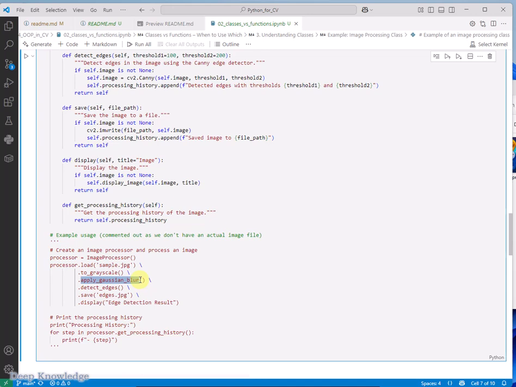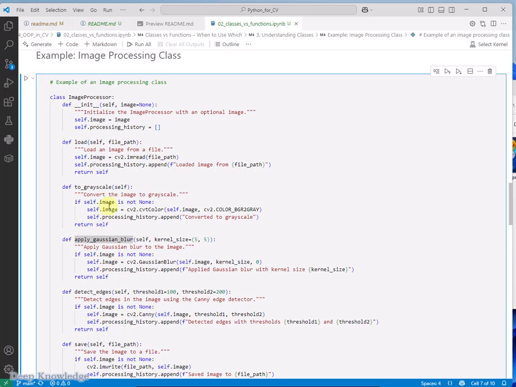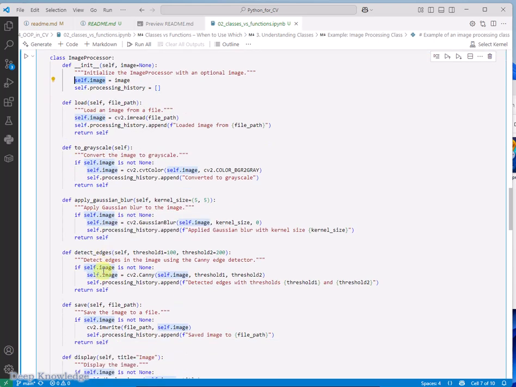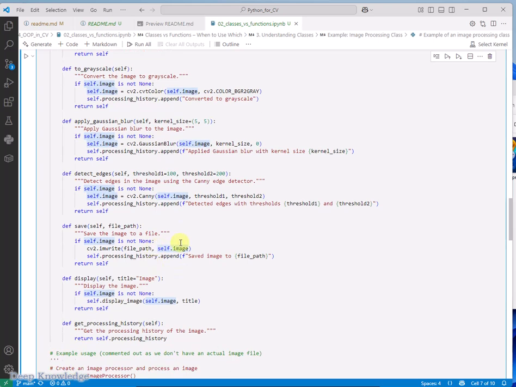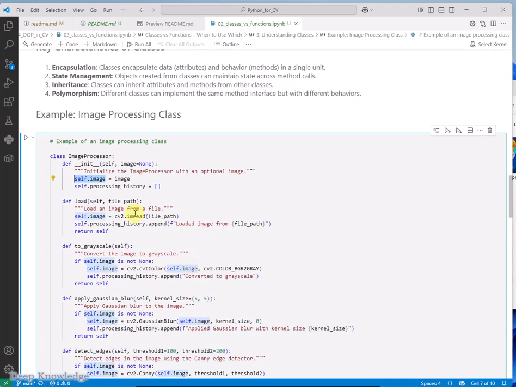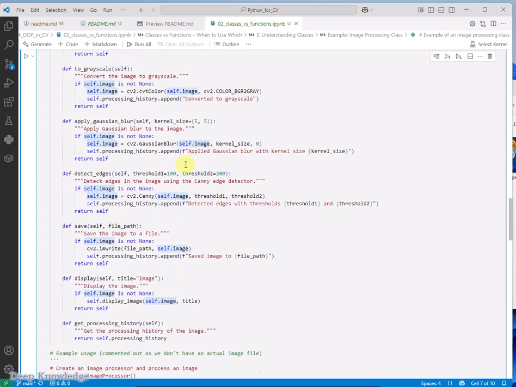And as you can see here, there are no parameters here. Why are there no parameters? Because these methods use the same data here, which is the image. And as you can see, this is the image, right? It's used here, used as well here in the grayscale image, and then it's used here and here. And we keep track of this object, reading and converting to grayscale, and saving it in the same object. So that's why we can use